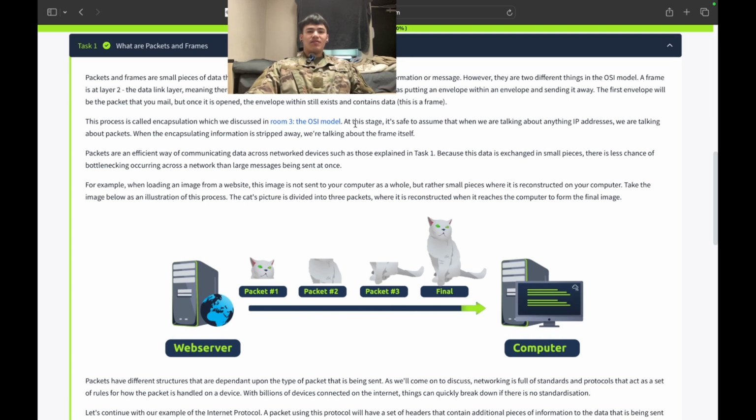At this stage, it's safe to assume that when we are talking about anything with IP addresses, we're talking about packets. When the encapsulating information is stripped away, we're talking about the frame itself. Packets are an efficient way of communicating data across network devices, such as those explained in task 1. Because this data is exchanged in smaller pieces, there is less chance of bottlenecking across the network than with large messages